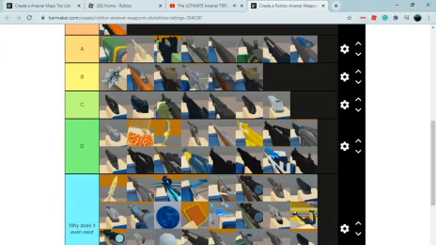The D ranking is pretty much like, these are eh. Some of these could be good depending on your aim, like the snipers. So honestly, these snipers could probably go up to B if I'm being nice, but they go